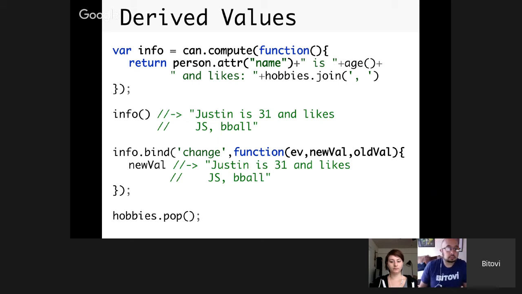Now, at this point, when I normally give this presentation to an audience who are very familiar with CanJS, they immediately think there's some kind of crazy black magic going on here. Like, how the heck does info know about hobbies? We'll explore the internals of how can.compute works at the end of this talk, but it's actually quite simple. Anytime an observable in CanJS is read, so person.attr, where we pass it the name property,